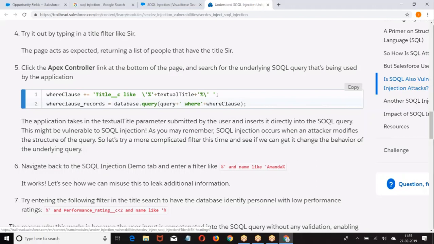Instead of putting the static SQL, why don't you put a dynamic SQL query? Are you getting my point?